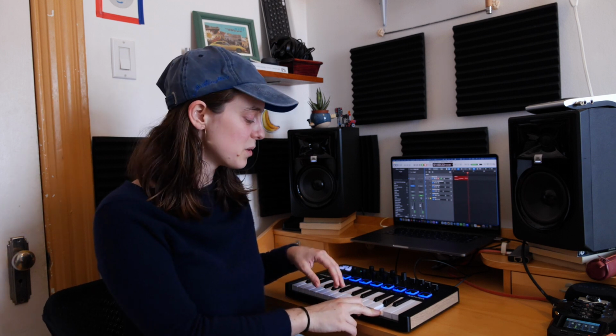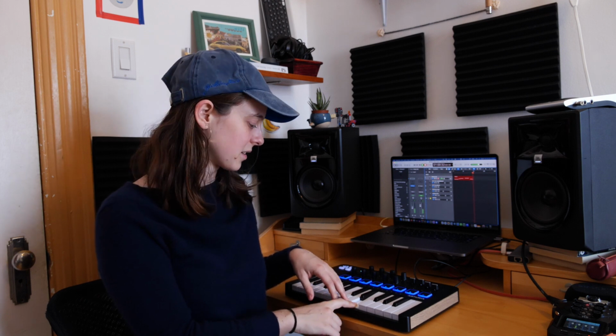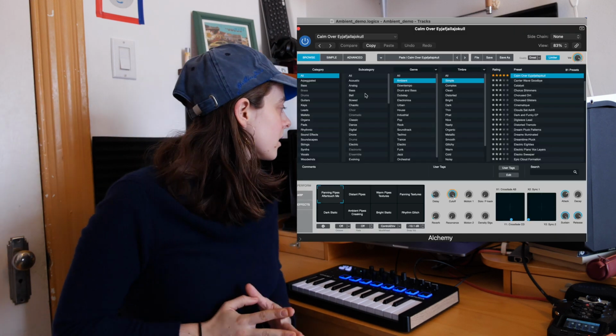It's super subtle, and I'm not gonna go on too long here, but basically just playing whatever notes close together, only the white keys in succession, and then later we're gonna layer some stuff up. The next sound we're gonna use is called Calm Over, oh no, Calm Over